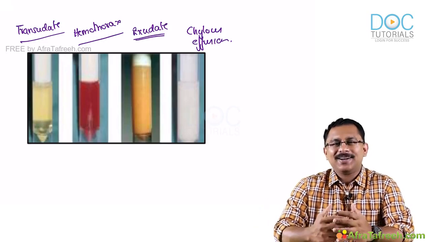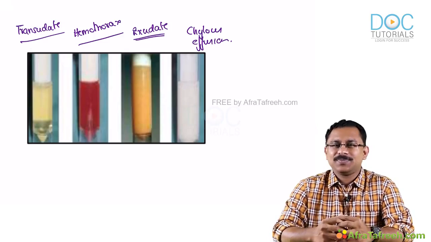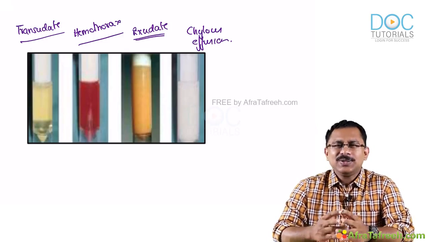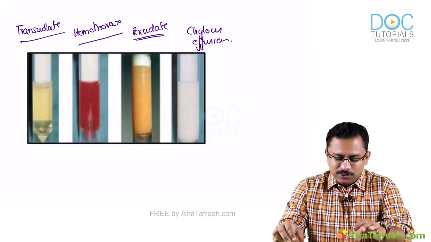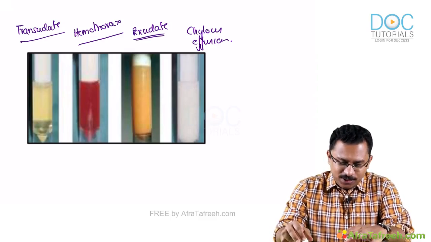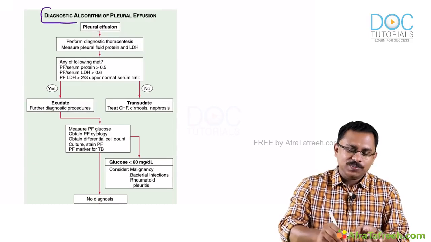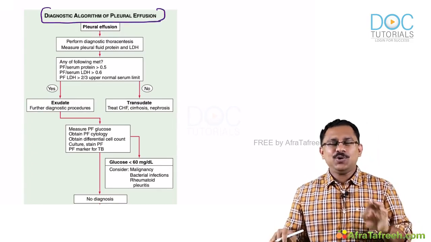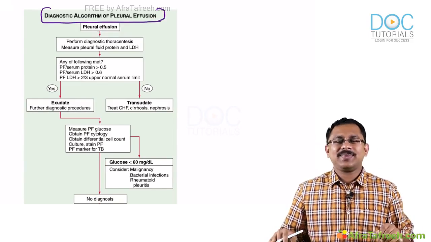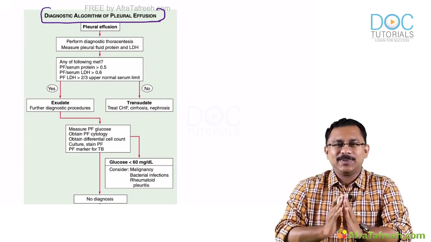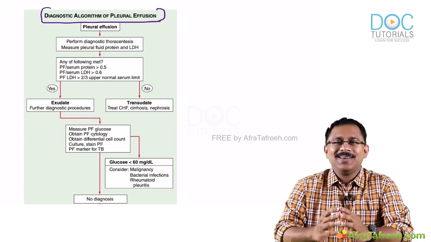Now, suppose you have a case of an effusion. Okay, how are you going to work up this case? You have got to reach a diagnosis, right? So let's try to see how you are going to work up a case of pleural effusion. Regarding that, I will take your attention to a chart in Harrison, that is a diagnostic algorithm for pleural effusion. Let me remind you, when you have a patient with pleural effusion, first of all, take a good history, okay, and then do an examination, because that will help you get the actual clinical background,